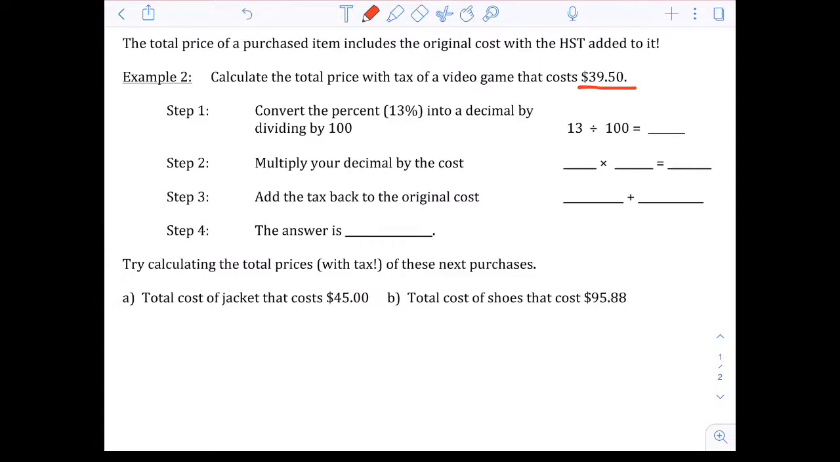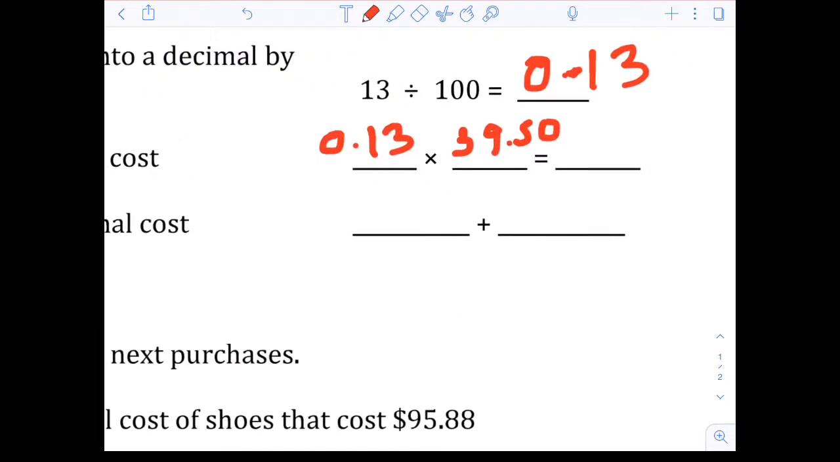Well, step 1, convert 13% to a decimal by dividing by 100. We already know that that's 0.13. That's the one we're going to become very familiar with because that's tax in Ontario where we live. And it says multiply that number by the cost because that's going to give me the tax. I want to know, what is 13% of $39.50? When I multiply those ones together, it's going to give me the tax,